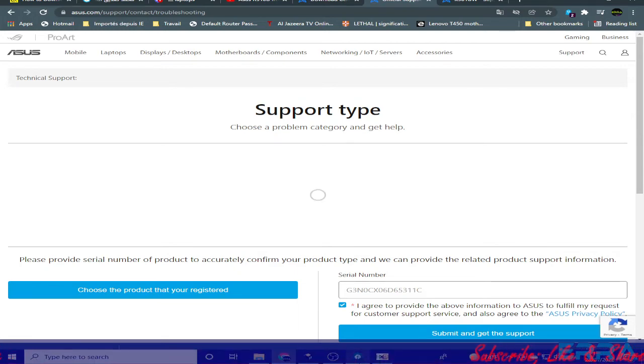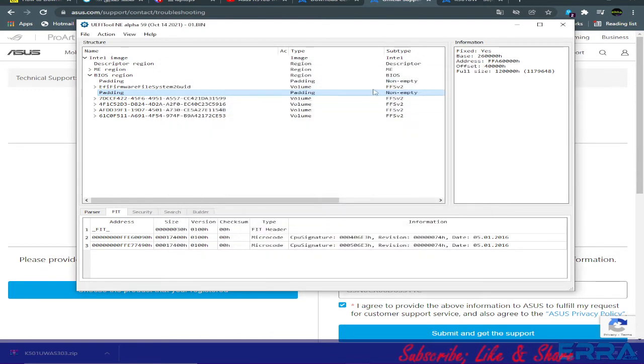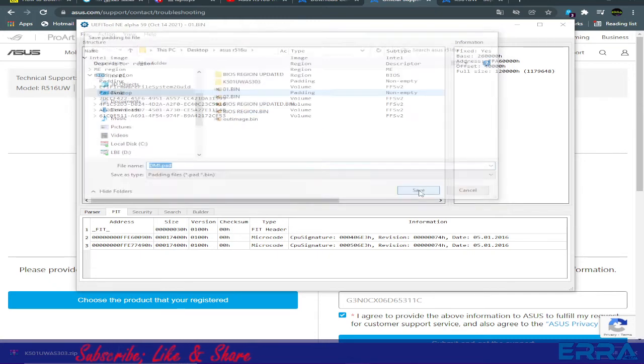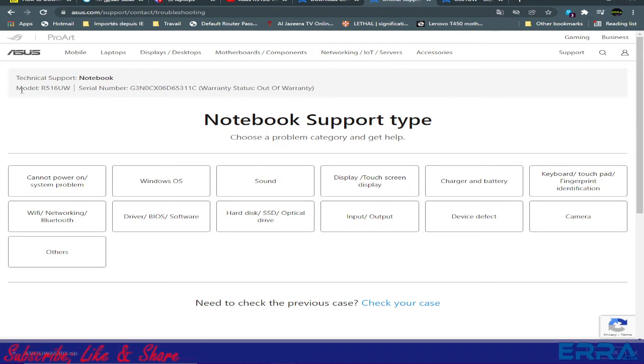So meanwhile, let's go to our UEFI tool, and we need to extract this as is. Let's keep the default name, or you can name it DME, so that you know what it's about. Let's save in the same folder. Let's go back to our result here. So as you can see here, we have the